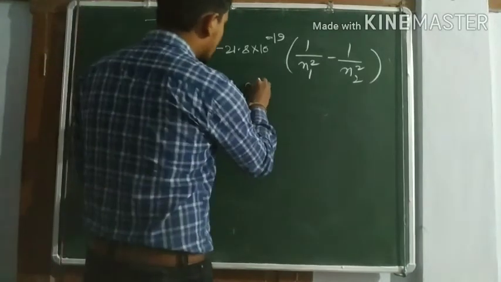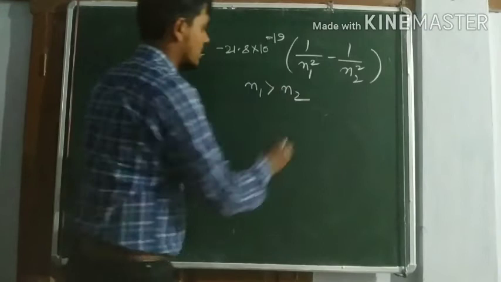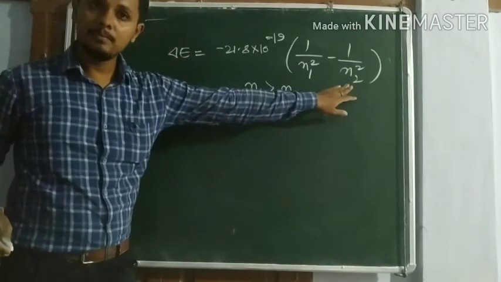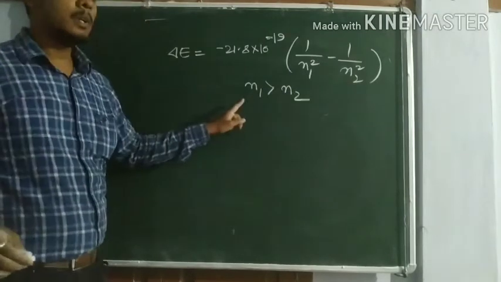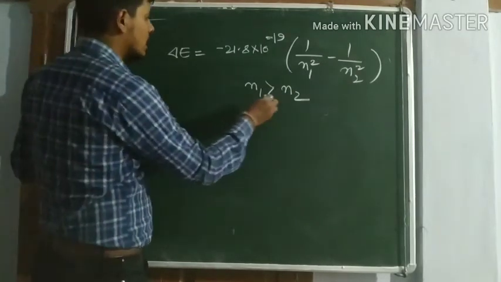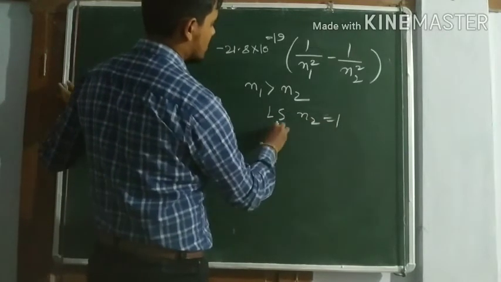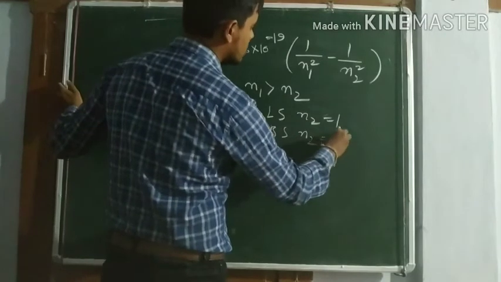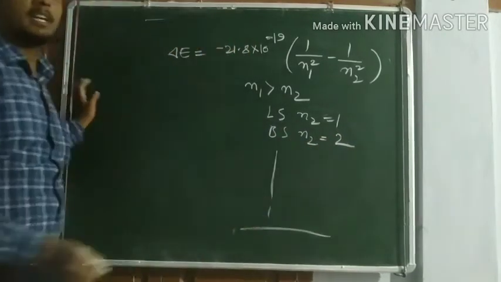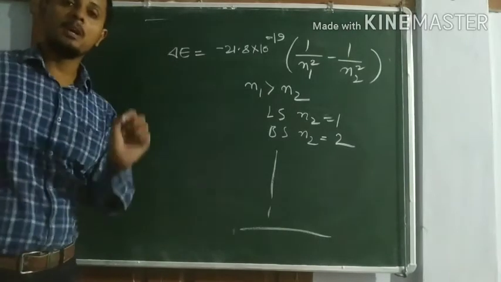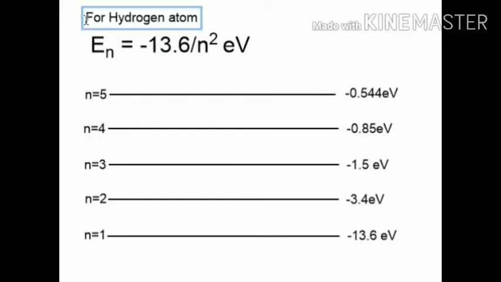Here n1 is greater than n2, higher level or lower level, we take higher minus lower. For the Lyman series, n2 equals 1. For the Balmer series, n2 equals 2, and so on. In this way, we can easily calculate the energy difference for a line in the line spectrum of hydrogen atom. The energy of the nth shell of the hydrogen atom in terms of electron volts is given as